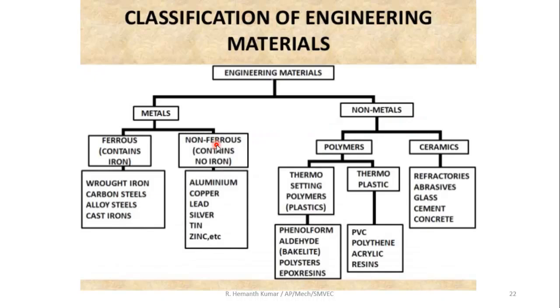Then let's go for the classification of engineering materials. About this slide, you already know the classification of engineering materials. You would have already studied this. It's broadly classified into metals and non-metals. The metals are further classified into ferrous and non-ferrous. Similarly, non-metals means polymers or plastics. Then similarly, ceramics, another type, that is nothing but a crystallized product with heat resistance. These are all the classification of engineering materials.